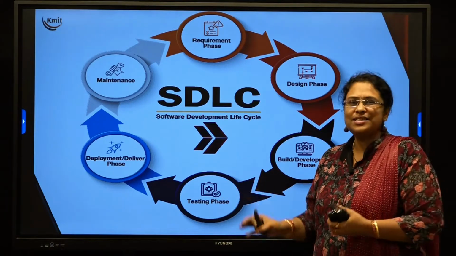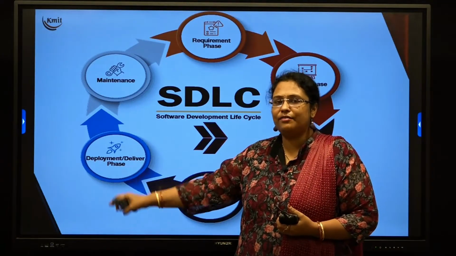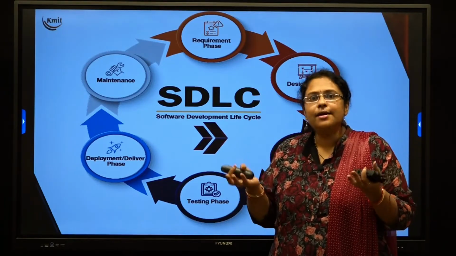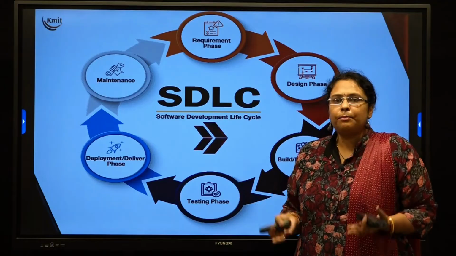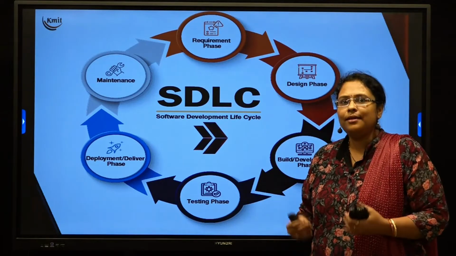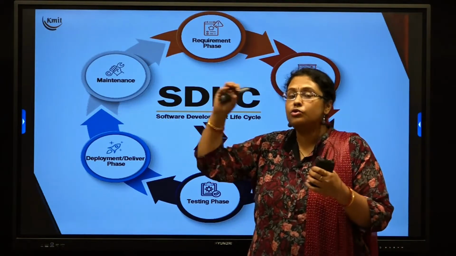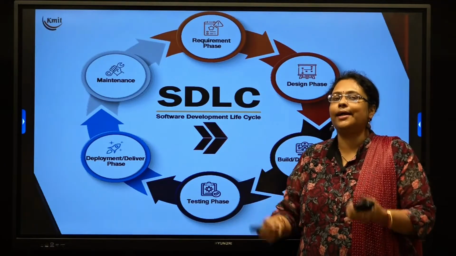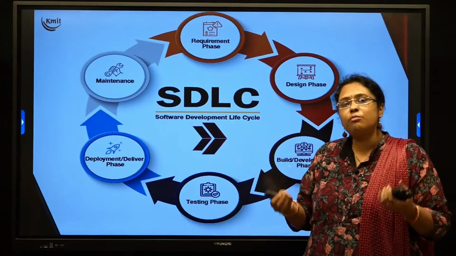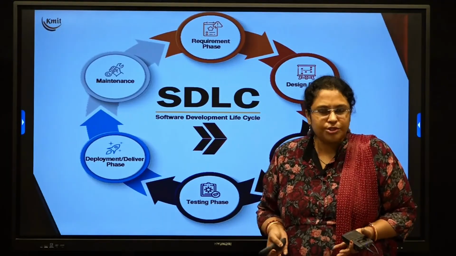Once the testing is successfully completed, you move to the next phase, which is called the delivery phase. In the delivery phase, you actually deploy the product to the customer. Deploying the product to the customer is not the end of your development. From there, the next level starts, which is called the maintenance phase. In the maintenance phase, you collect feedback from the customer. Based upon the feedback, you do modifications in the developed software and start releasing newer versions into the market.